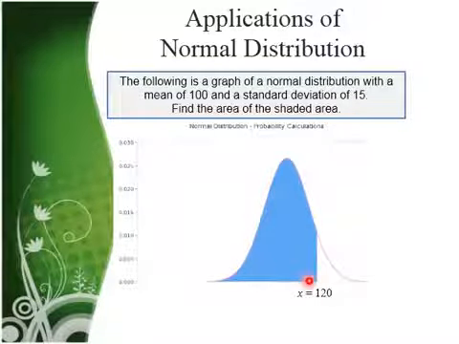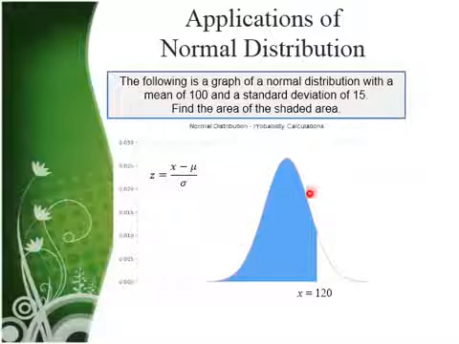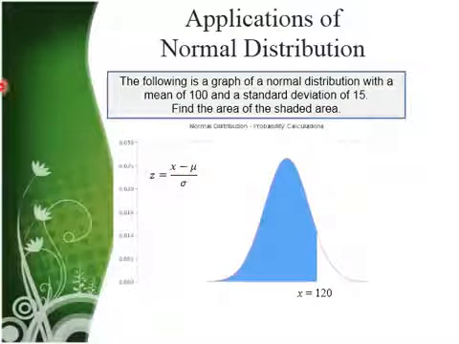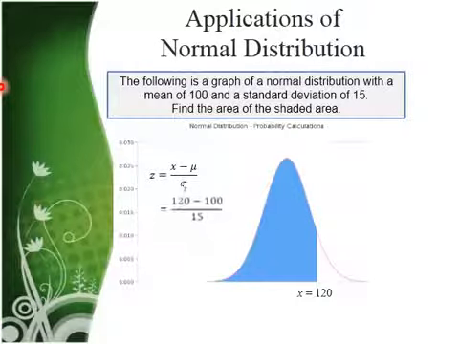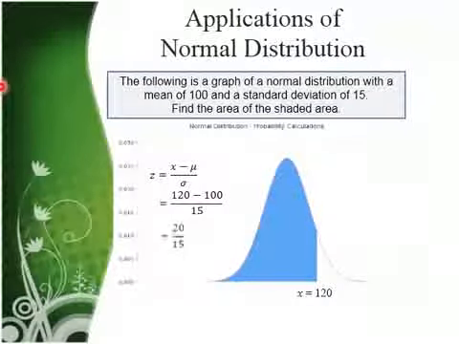Well, to answer this question, we need to first bring our normal distribution onto the same scale that a standard normal distribution would be. And the way we do that is by computing the z-score for our x, whatever we want to find the area to the left of. So in this case, my x is going to be 120. My mu will be 100 because that's the mean of this normal distribution. And my standard deviation will be 15. So computing this gets me